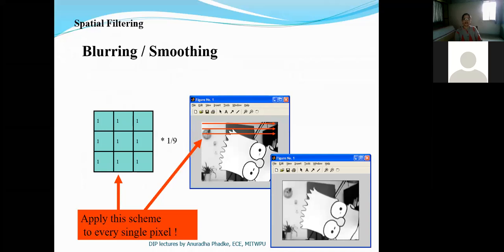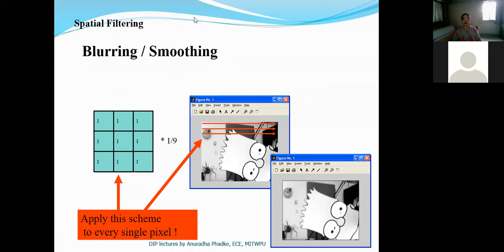Now let us have a look at how we can apply this smoothing or blurring filter on the given image. As shown here, these are the mask coefficient values or filter coefficient values for smoothing filters.